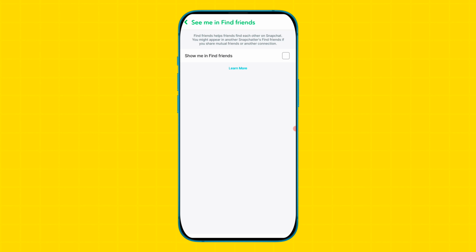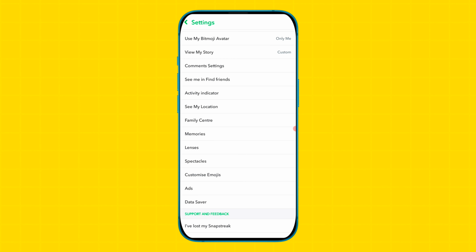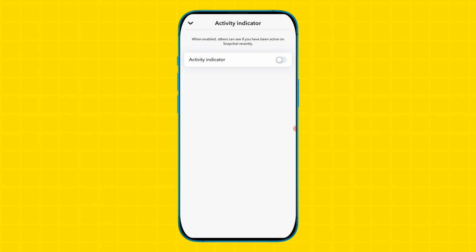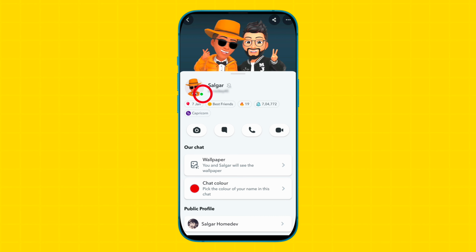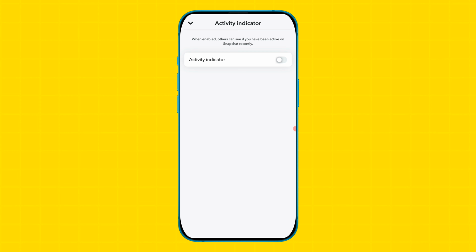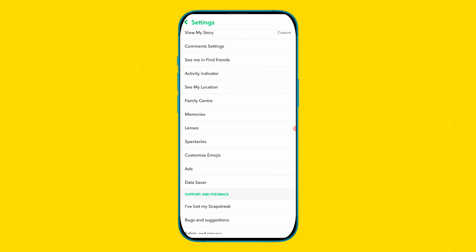So make sure you disable this option, and then tap on the activity indicator option friends, and if this option is enabled, make sure you disable this option, because if you enable this option, then your friend can see a green dot in your profile which shows that you used Snapchat recently,